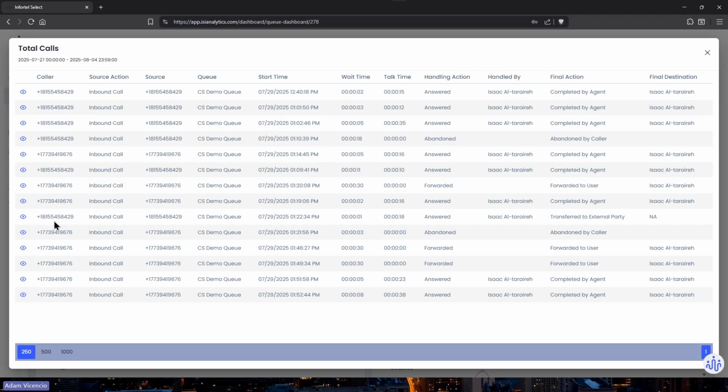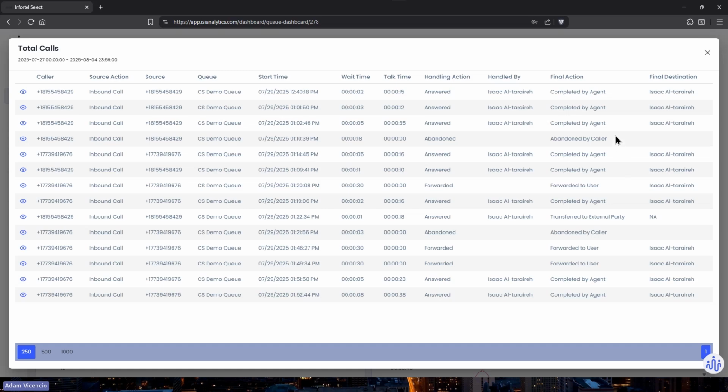Here is the phone number that's calling in, the source action, so they're all inbound calls, what they dialed into, and then what queue they ended up in, the start time, the wait time, the talk time, the handling action, so answered versus abandoned and forwarded, who handled those calls, the final action, whether it's completed by agent, abandoned by caller, or forwarded to user, and then depending on those calls, the final destination.